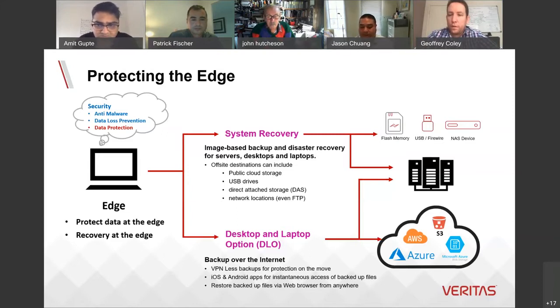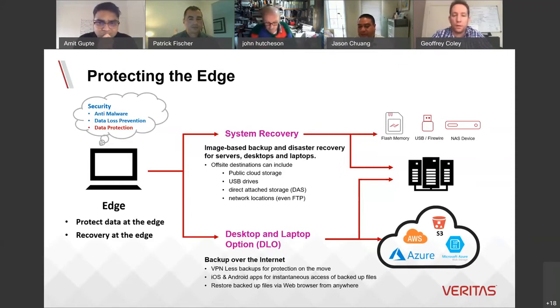The Desktop Laptop option is a standalone tool that you could deploy quickly into a cloud location such as Azure or AWS, or into your own data center, and then start to deploy agents and start to protect devices at the edge, be it laptops or PCs.